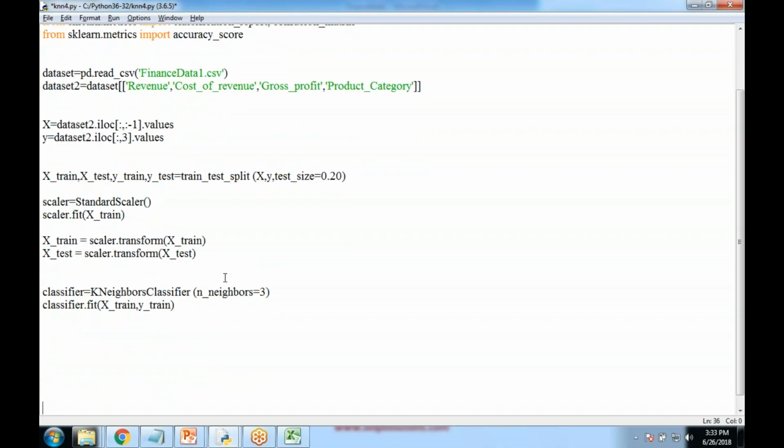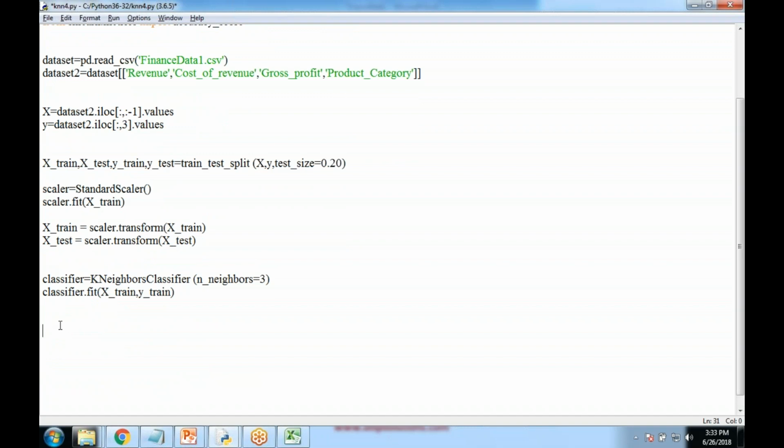Now, next, I want to find out their accuracy. In order to do that, to find out the training and test data accuracy, accuracy underscore training is equal to accuracy underscore score training comma classifier dot predict x underscore train, and the same we would be predicting on test data, so that this would be the training data and that would be the test data based on y underscore test,